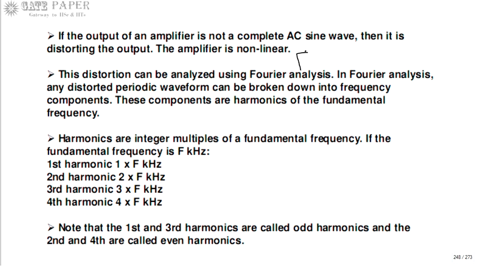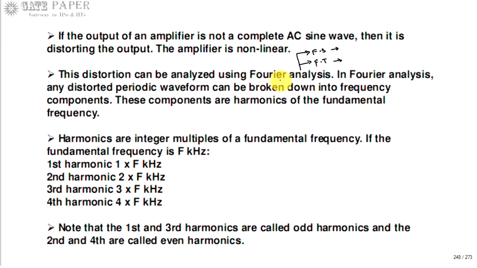Fourier analysis consists of two things: Fourier series and Fourier transform. Fourier series is used for periodic signals, whereas Fourier transform is used for aperiodic signals. For periodic signals, using Fourier series we can get the harmonics present in the signal along with the fundamental harmonic, and the Fourier transform is used to get the harmonics of the signal along with the fundamental frequency. So Fourier transform is used for aperiodic and Fourier series for periodic signals.